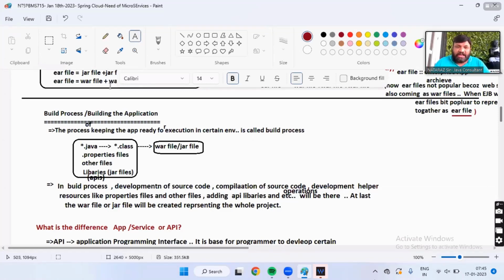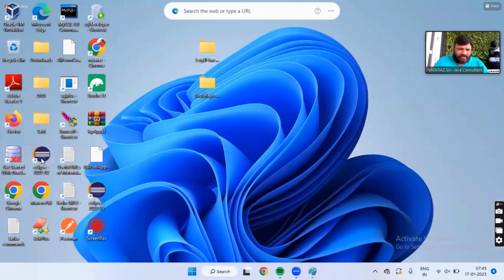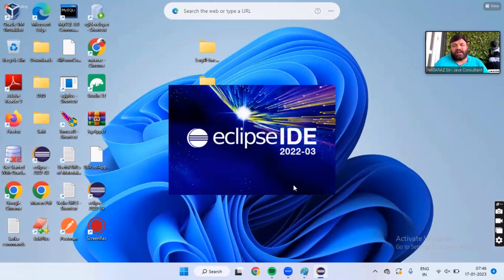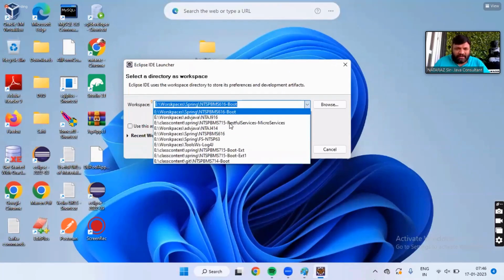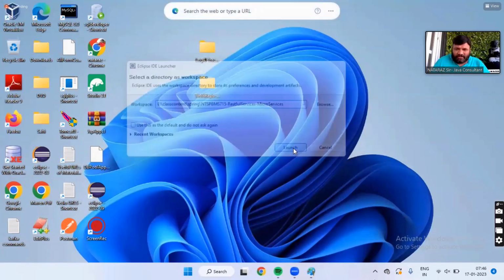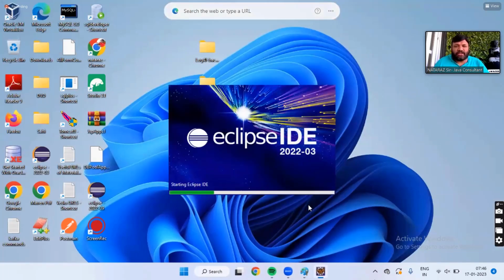Here also we have a clean and build option now, boss. In Eclipse also we have clean and build. But in Eclipse, luckily we have an auto build option. You have not seen that option? Because of the auto build option, we need not create the deployment directory structure. We need not compile. You need not do anything, because the build process happens automatically. The directory structure preparation, compilation, creation of WAR, jar file, everything happens automatically. Yes or no?